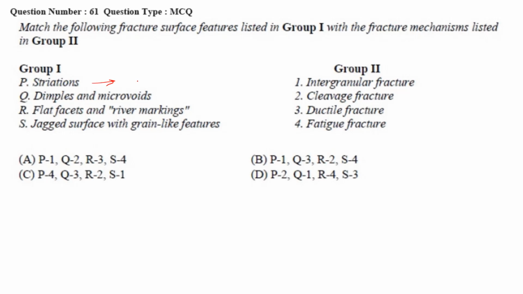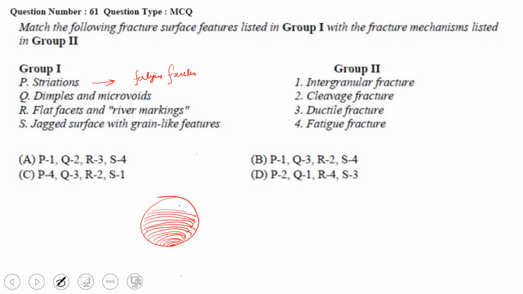You know, striations are formed in fatigue fracture. So striations look like this. Suppose this is the fracture surface, then this is the origin, right? So it moves like this, right? And ultimately what happens? Basically high stress fracture takes place, meaning sudden fracture takes place. So this is the point of origin, basically that is called the origin, right? And these are the striations which are formed.